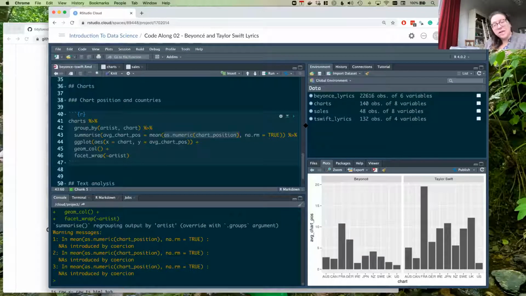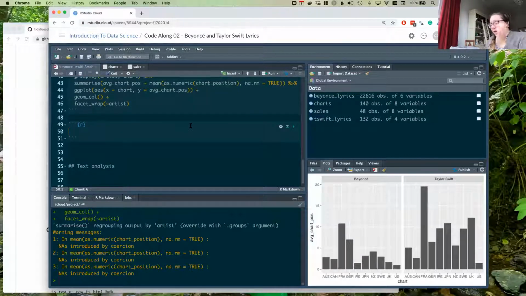So how about that other idea we had, which was about making box plots? Can we actually make various box plots for these countries and artists? Because that is something that we should be able to do knowing what we know so far. So let's go ahead and create a new R chunk and say that we're going to start with the charts data frame. Or actually, let's do it this way.